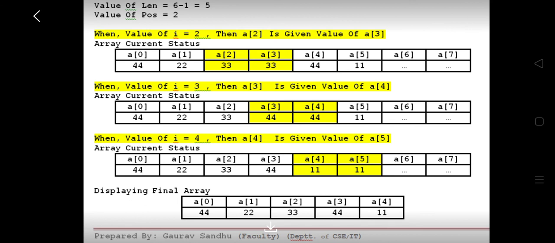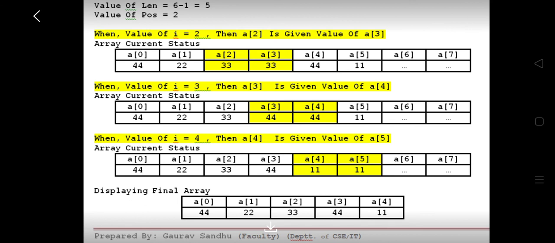So if you see very carefully, element 55, which was earlier stored at position 2, is removed from the array, and the remaining elements are shifted to the left hand side in the array. And since the length of the array, which was earlier 6, has been reduced to 5, if you see at the bottom of the screen, you will be seeing A0 to A4 on the screen.